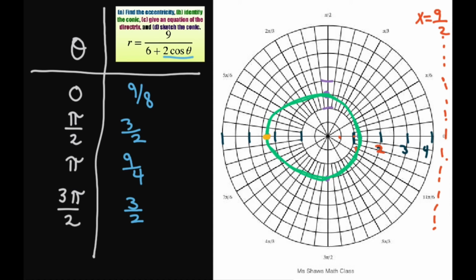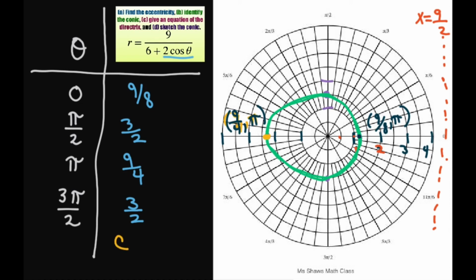So this point here is 9/4, comma pi. And this one is 9/8, comma pi. And if you add these two up and divide by 2,